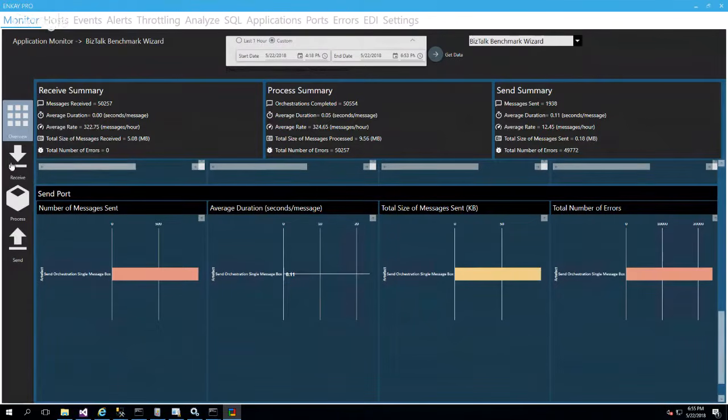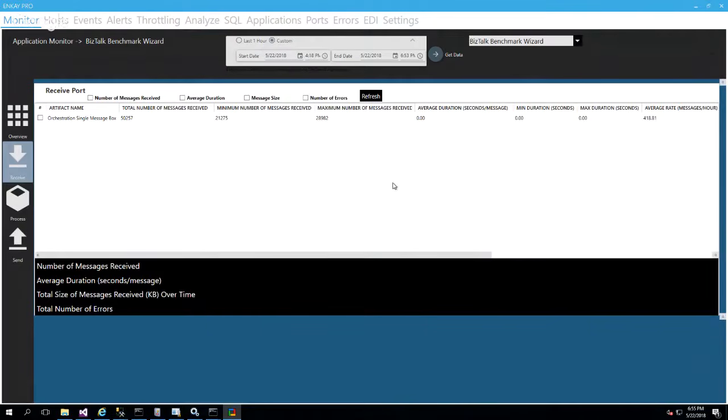So now let's try and drill down here, go to the receive side and see what the receive looks like. So this allows you to actually do a more finer grained review. So this is actually showing you for this particular application, there's one receive port, and what I'm going to do is I want to look at